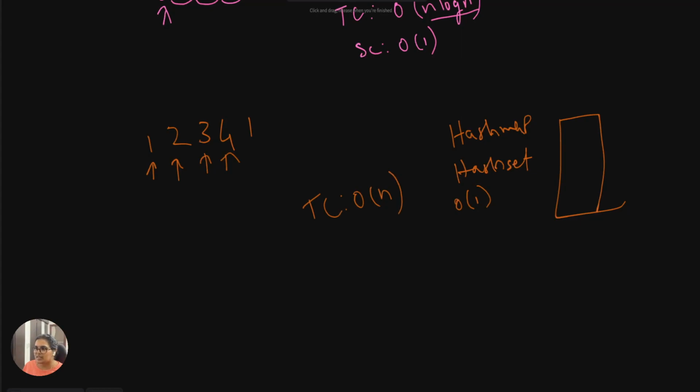So what we are saying is, for every element n in the given array,